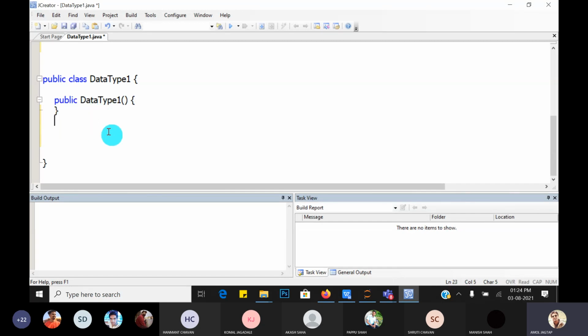Next, the main method. So what is the access specifier? public static void main, then pass String array args. Then write curly brackets.